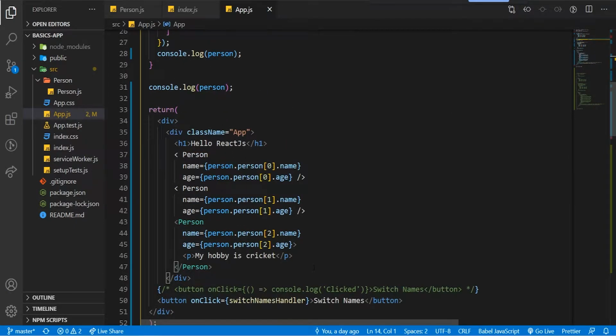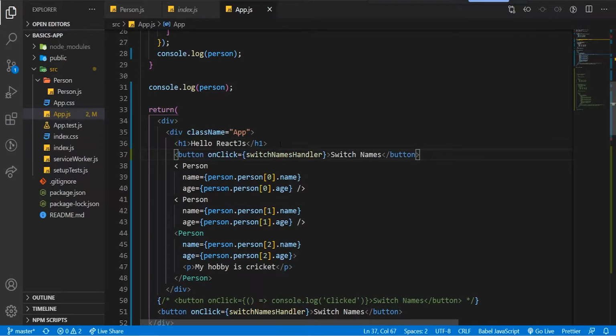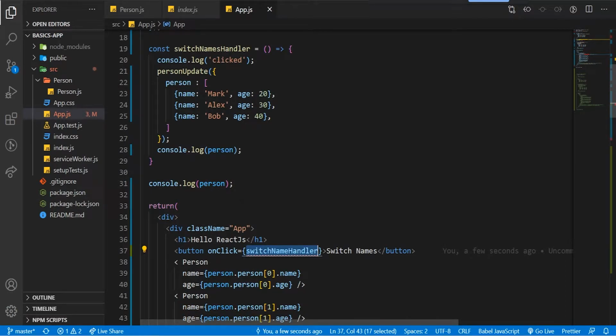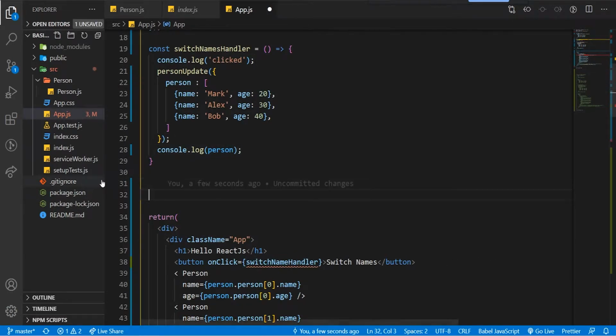But what I will do, I will create one more button. I will copy it and I will put it on the top after the heading, that is Hello ReactJs. Here I will say button onClick switch name handler. Instead of switchNameHandler, I will use some other name. Only I am changing one. So for that, I have to create one new function. Here I will say const switchNameHandler